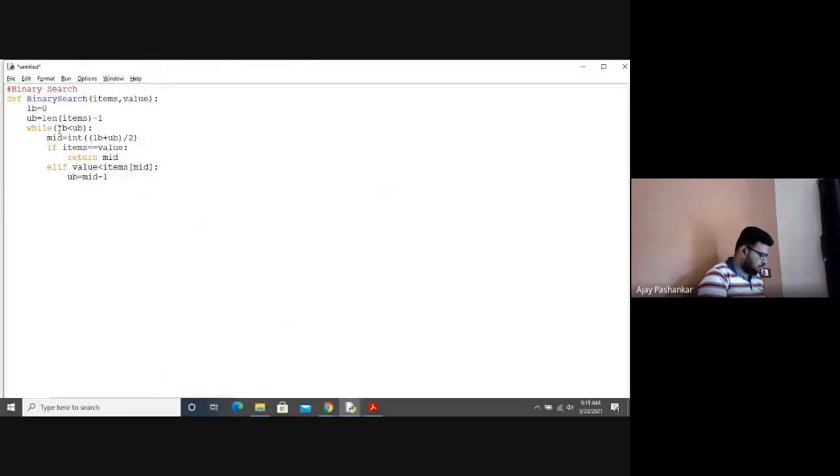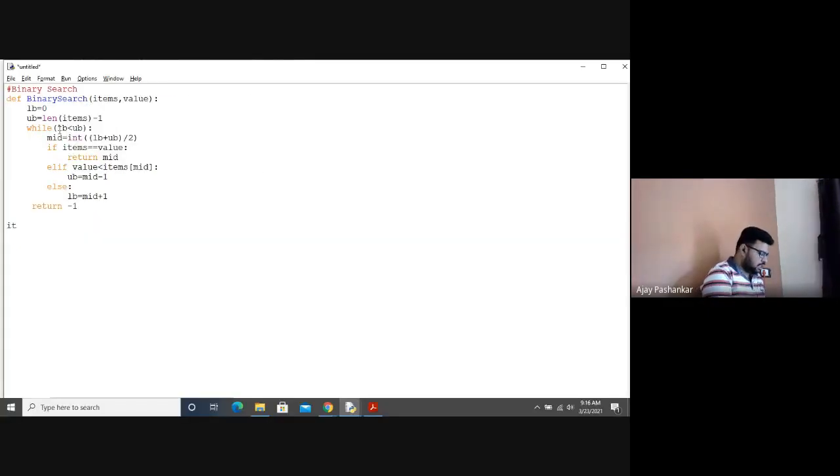Else it will do LB equal to mid plus 1. See this indentation properly, don't commit mistakes. Return minus 1. So this is done.